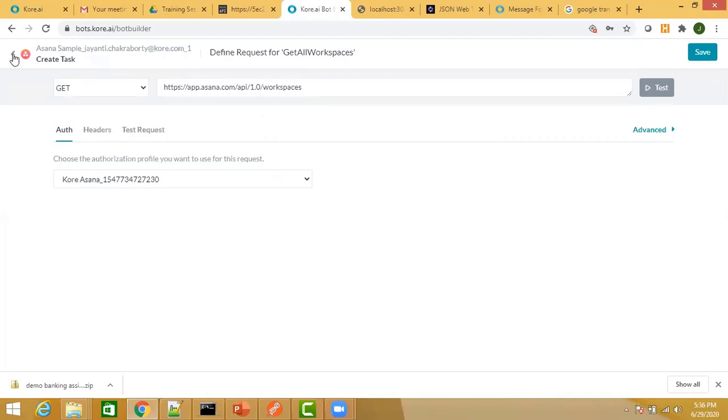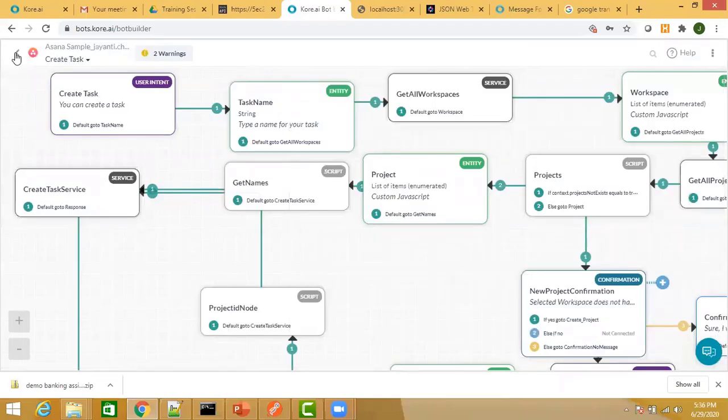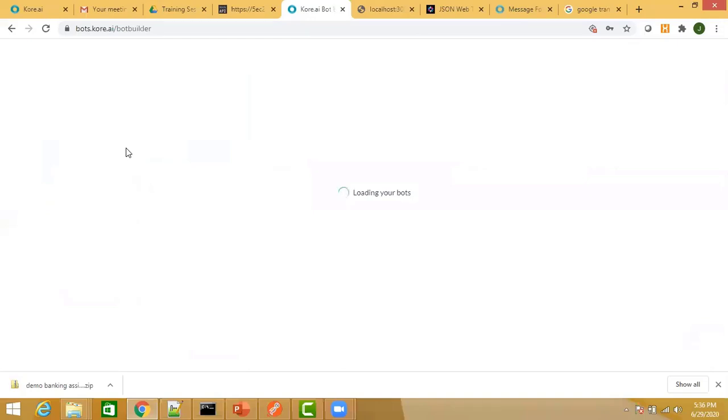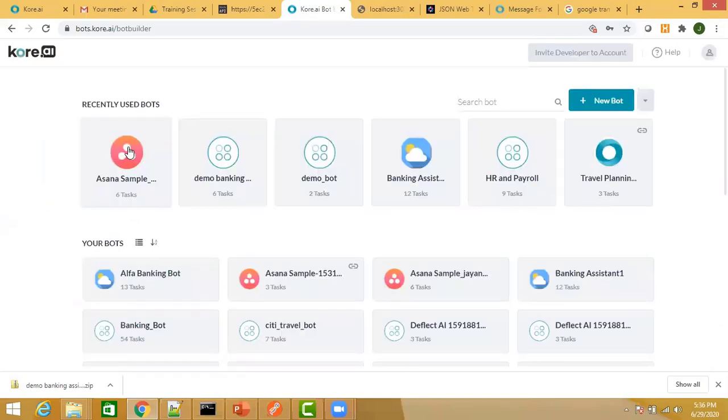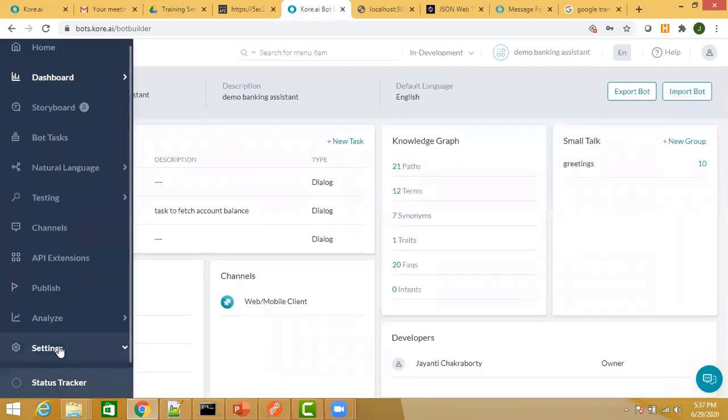Very simple way to provide, but you need the URL which you will be using for authorizing the API call. Okay, so even if it is with password, user ID password, in that case also you need the URL where you will be sending that user ID and password for the purpose of authorization. Okay, so once you have that particular URL, you can configure the authorization profile and use that authorization profile whenever you are making an API call. So these are the different things that you can do from the config settings of the bot.